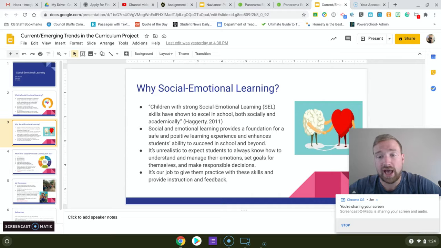We want students to have a positive learning experience at school, both academically and socially. And research has shown that if students feel comfortable at school and they have that foundation of a safe and positive learning experience, then students are going to be able to perform their very best academically. And like I said, that's what we want as teachers, and of course, that's what students and parents want as well.